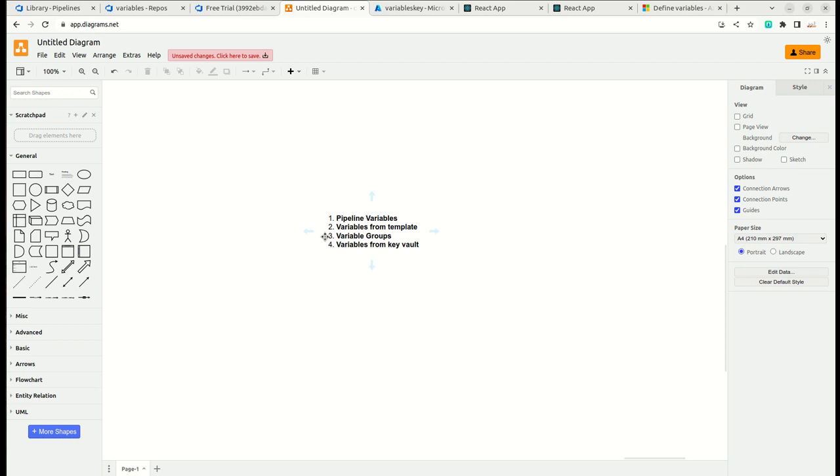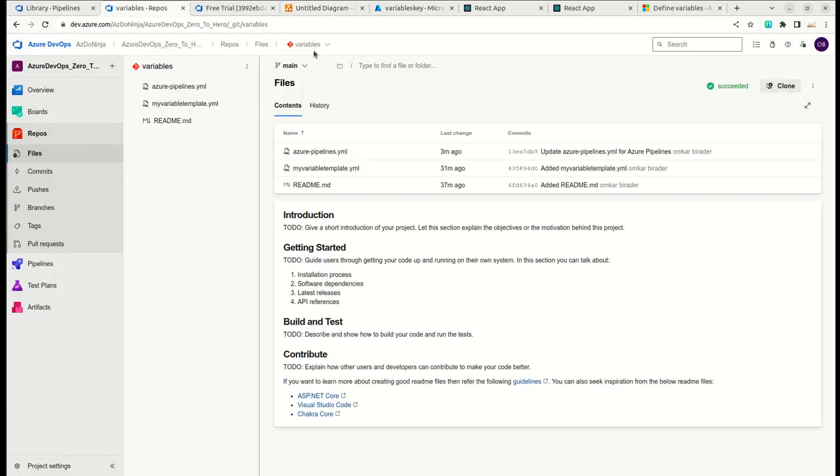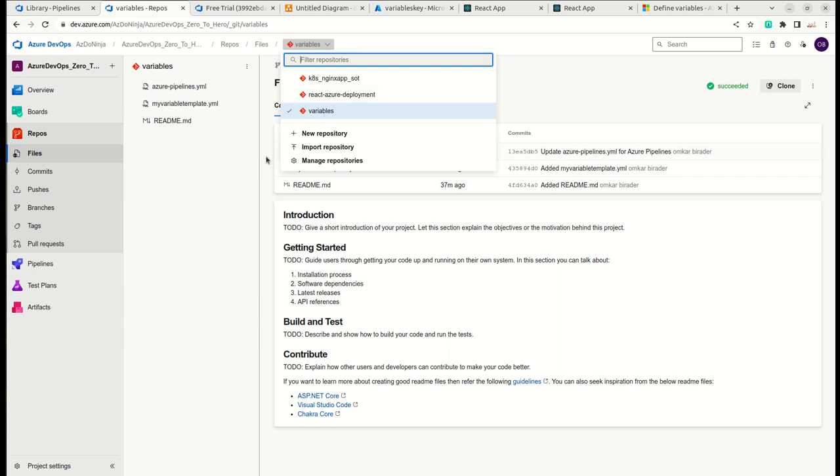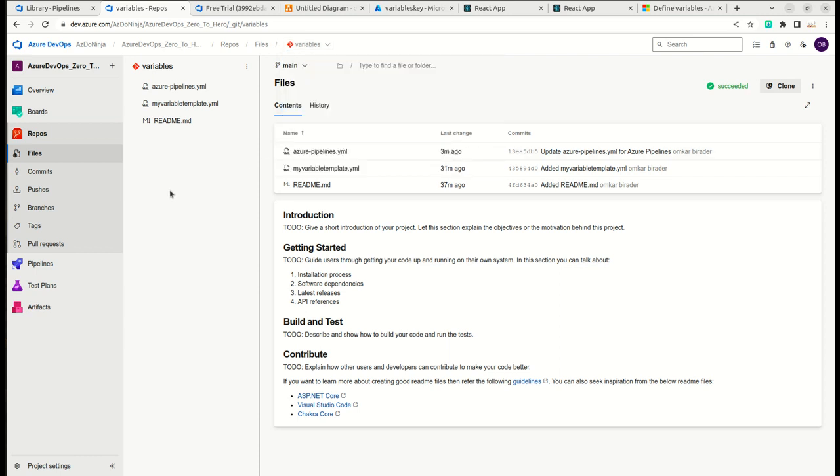In this video, we will see what pipeline variables are, how to refer to variables from a template. We'll see what variable groups are and how to get secrets from Key Vault and use them as variables in our pipelines. Okay. So for this demo purpose, I have created this Git repository called variables, and in here,